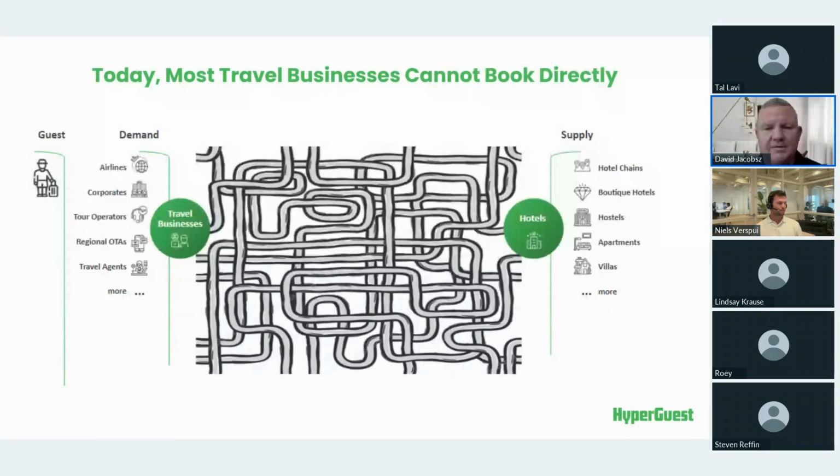You can imagine if we as hoteliers go out and say we worry about our distribution. You can imagine if a guest is out there and needs to look at what your distribution looks like. That is not a pretty picture. So yes, we all like spaghetti, but not in business terms. We do not want to have our business look like a bowl of spaghetti. It needs to be direct. It needs to be simple. It needs to be easy to do. It needs to be something that you want to be connected with and connected to.